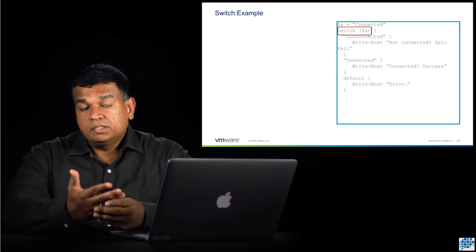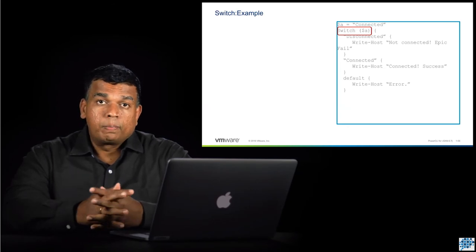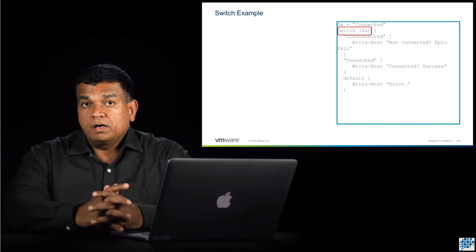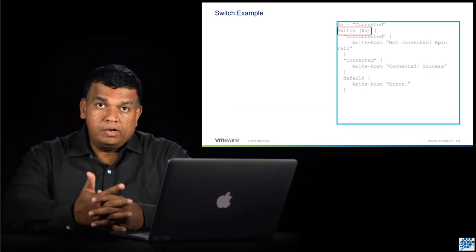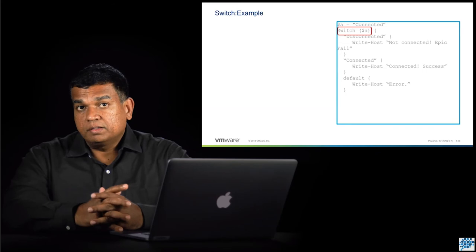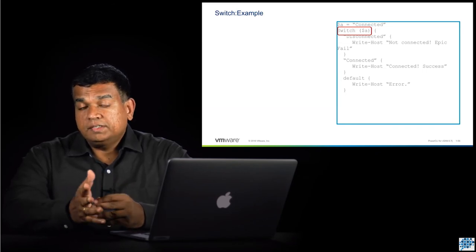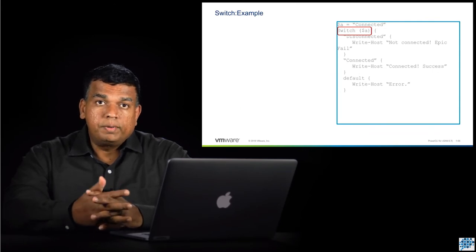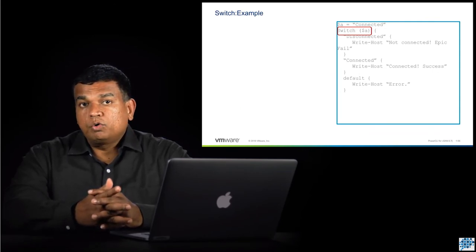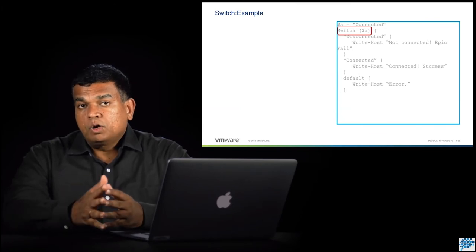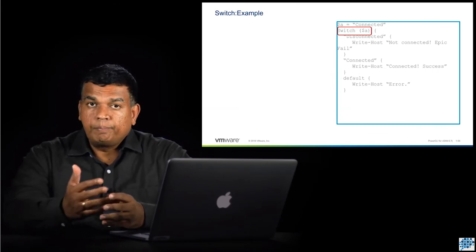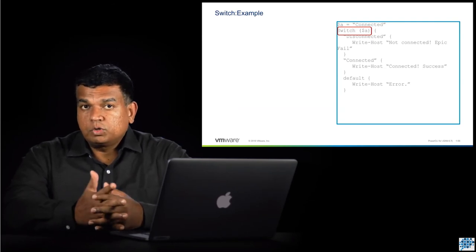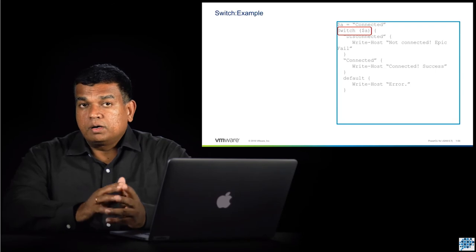So in this video, we took a look at the different kinds of loops in PowerCLI, like the foreach loop, the while loop, the switch statement, and the if-else. So these are the various logical mechanisms or looping mechanisms which can allow you to create scripts where you can perform tasks on hundreds of different objects, like a large number of virtual machines,